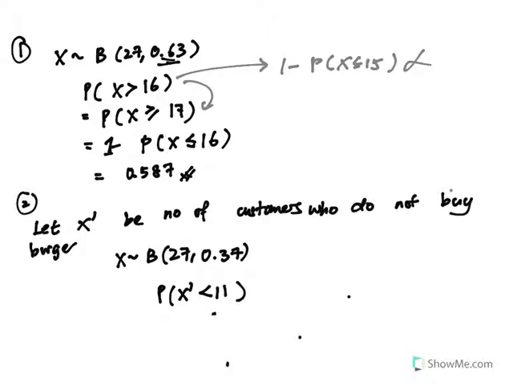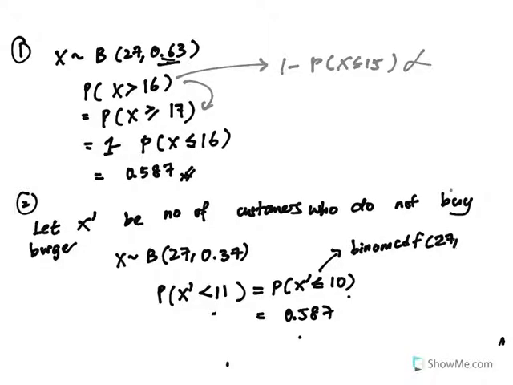So it's the same as wanting X prime to be less than or equal to 10. And this will just be, again, 0.587. Right, so all I need to do is, again, using the GC, binomial CDF, 27, 0.37, and 10. Right, this is for part 2. So for part 3,